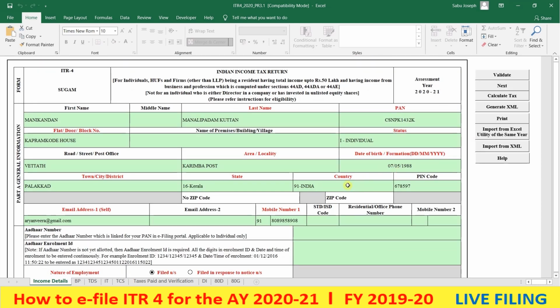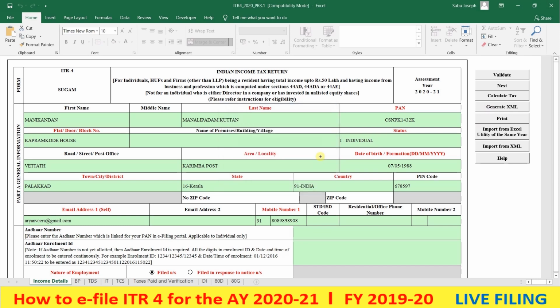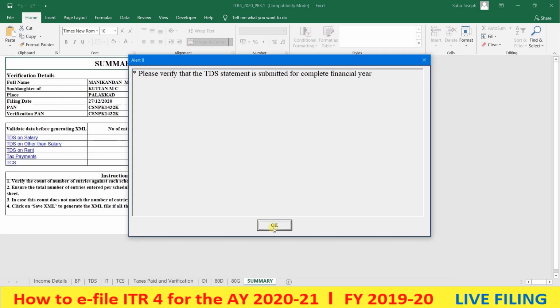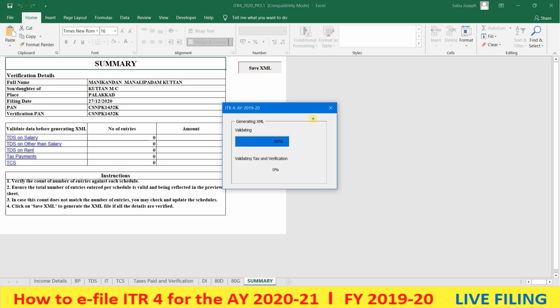After completing all the tabs and the tax is calculated, click on Generate XML. Now we are going to change the Excel utility to XML format. Click on Save XML.